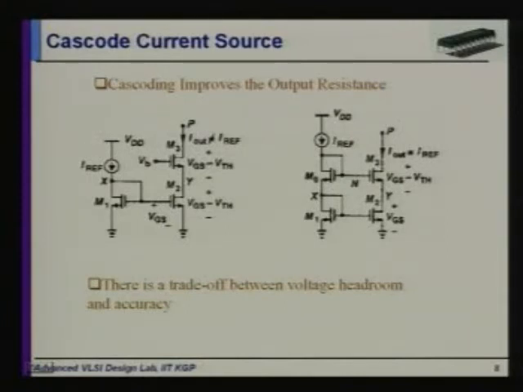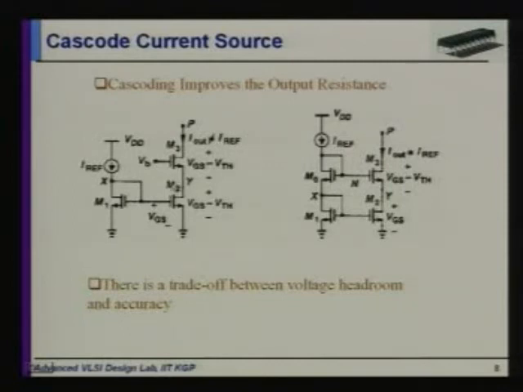Now the first one is the cascode current source. As I already said in our last class, a very big property of the cascode voltage amplifier is that it has a shielding property. What is the shielding property? I want to recap again. For this common gate stage, the output impedance from this side will be very high. So whenever there is a perturbation at the output voltage, this perturbation will also follow to that particular point. But as the output resistance is very high, this perturbation with respect to this will be very low. So in that case, we can neglect this perturbation.